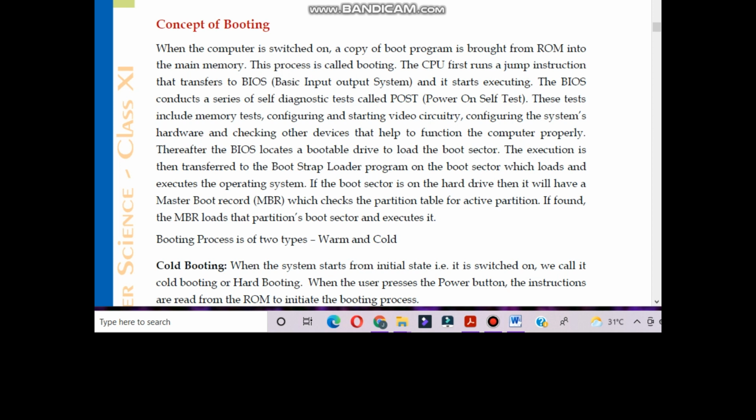The BIOS conducts a series of self-diagnostic tests called POST, power on self test. These tests include a memory test, configuring and starting video circuitry, configuring the system's hardware, and checking other devices.